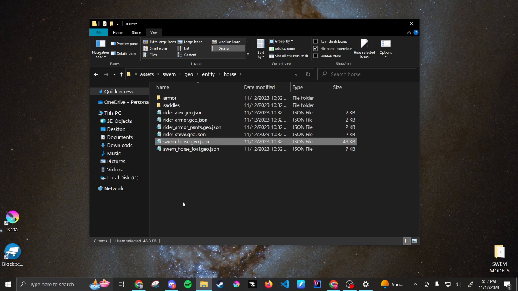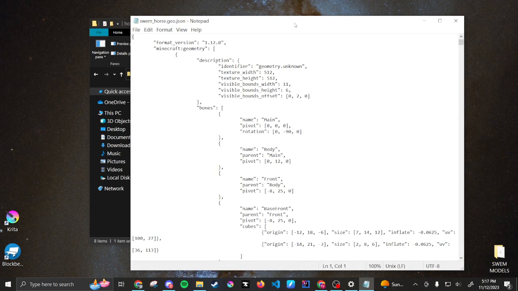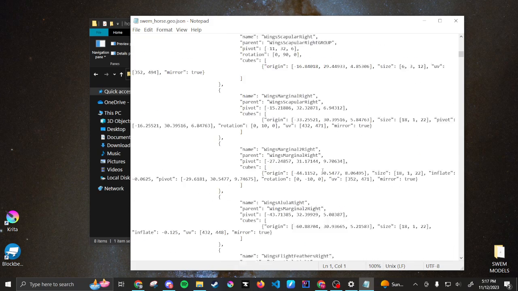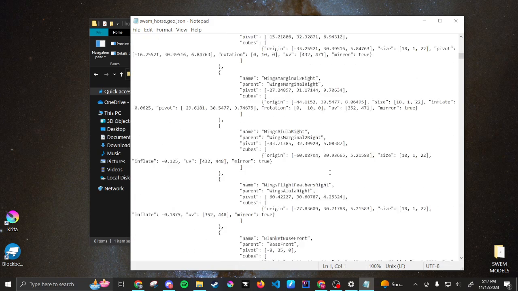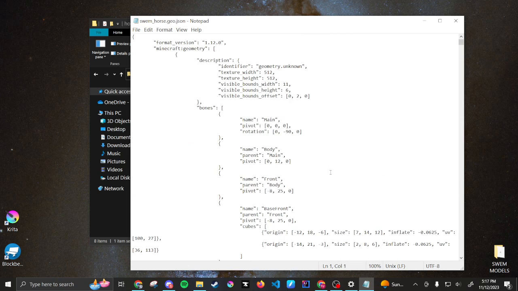So we have swem_horse.geo.json. This is the file that we want. But if we were to open this file right now, this is disgusting. This makes no sense to us. We don't like this. So in order to actually start making this function and making us understand what this means,